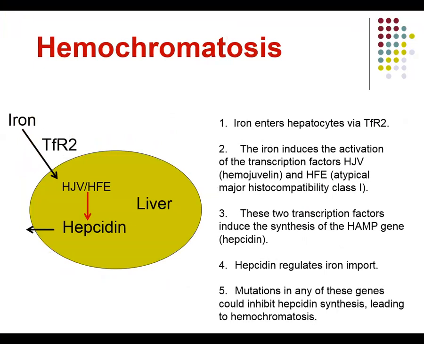Now, this slide describes the regulation of hepcidin synthesis and secretion. The iron that is carried by transferrin combines to the transferrin receptor 2, signaling a state in which the iron concentration is high. This binding event activates the atypical major histocompatibility class 1, abbreviated HFE, and hemojuvelin, which is abbreviated HJV. These two proteins act together and cause the increase in transcription of the HAMP gene, leading to the production and